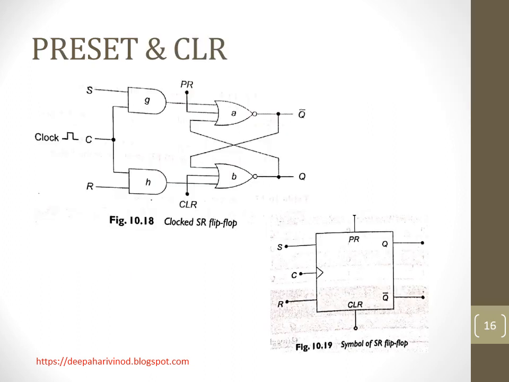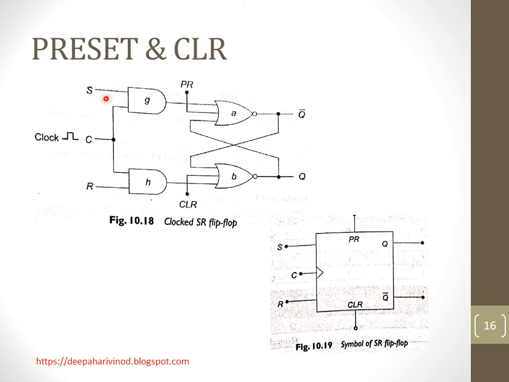So here we can see the clocked SR flip-flop. In the previous case we didn't speak about any clock. Within a digital computer, a clock is used to synchronize changes in the content of the memory element. A clock is a signal which oscillates between 0 and 1. The clock can be applied to the latch so that the change in the latch's value can only occur when the clock is in the high state or 1 state. The result in a clocked SR is shown here.